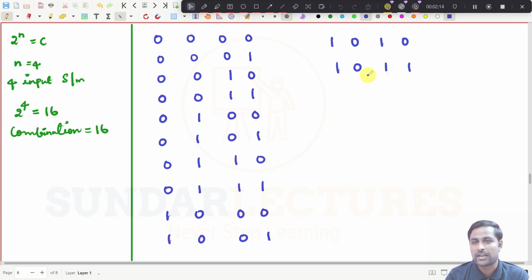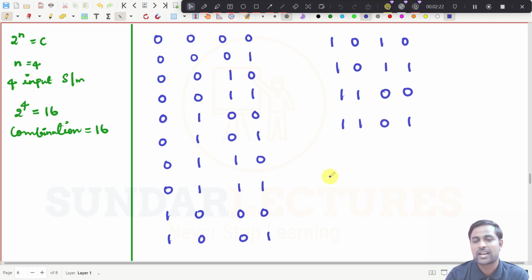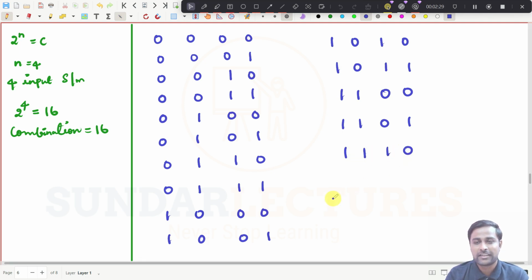And what is the next value? 1100. 1, 1, 0, 0. And what is the next value? 1101. And what is the next value? 1110. And what is the next value? 1111. And if I go to the next value, then what is the next value? It will be